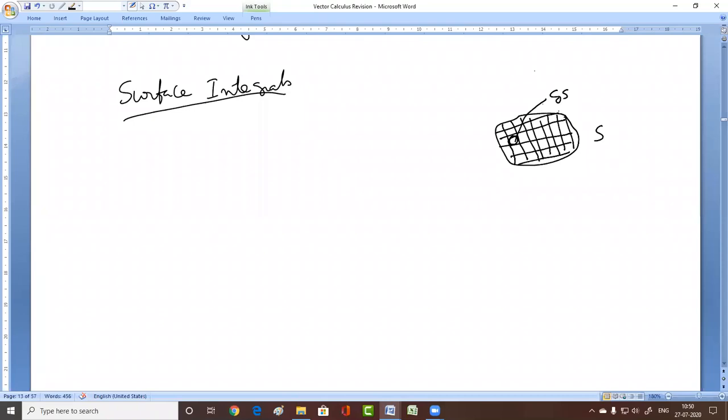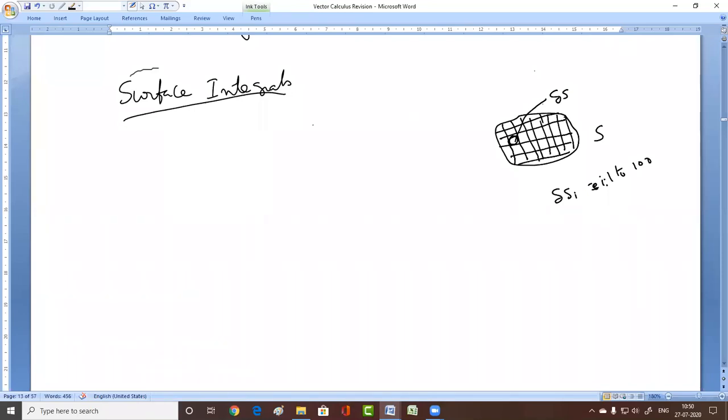Suppose, if you imagine, it contains 20 or 30 or 100 or 200 or 300 smaller slices in this total surface. So I will call it delta Si, where i varies from 1 to 100 or 1000 depending on the situation. Now divide the total surface into smaller regions or smaller surfaces.